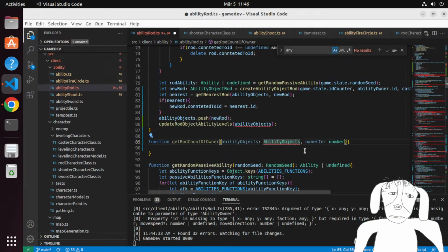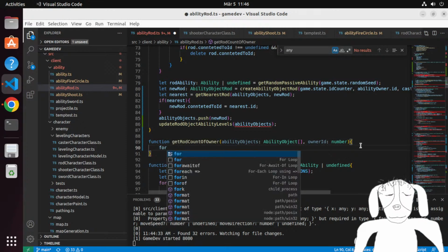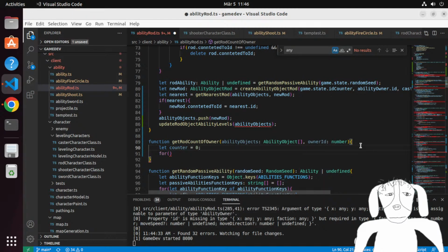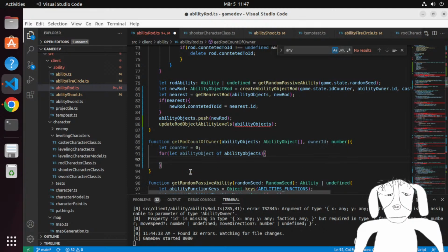I have it like this. Counter equals 0. For let on of ability objects. If